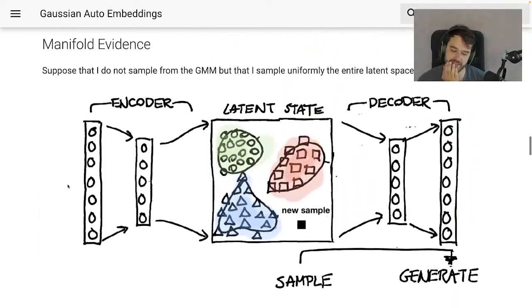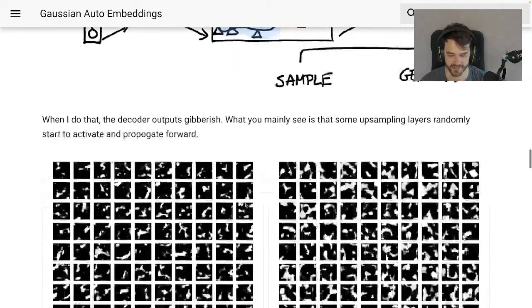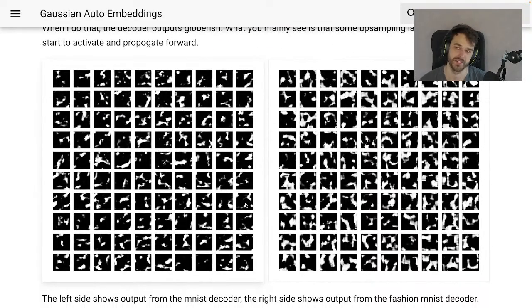And also just to emphasize that there isn't evidence that there's a manifold here. If I were to just sample randomly from this latent state, ignoring the Gaussian mixture, and send that to the decoder, then pure gibberish comes out. So definitely something has been picked up by the Gaussian mixture. It's not just that if you sample from this latent space you always get something pretty out. No, it's actually the fact that the Gaussian mixture was able to pick up something of a pattern, and that is definitely helping when I'm trying to generate numbers using a neural network.